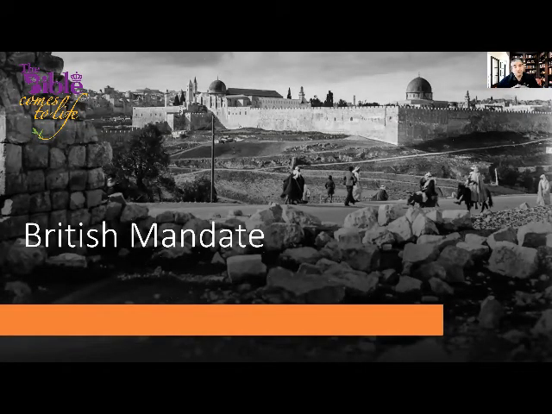This is Jerusalem during the British Mandate. In 1917 AD, General Allenby walks into Jerusalem and basically reads the Bill of Rights for all religions to be living in coexistence in the Old City. This picture was taken around 1936, a little bit before that. I would like you to pay attention very carefully. Look at this. This is Al-Aqsa, okay? This is the Dome of the Rock, which is gray. It's not gold.